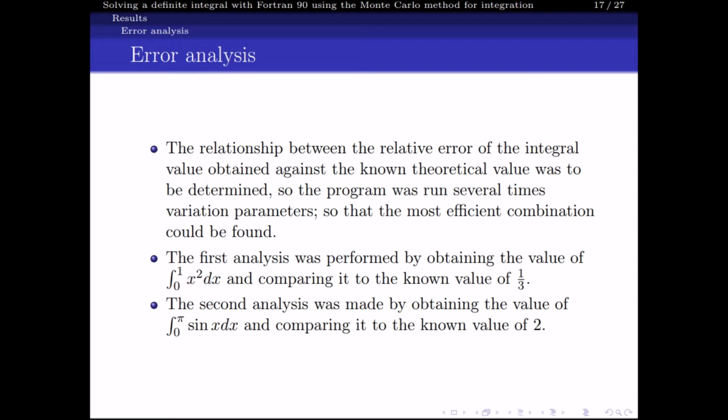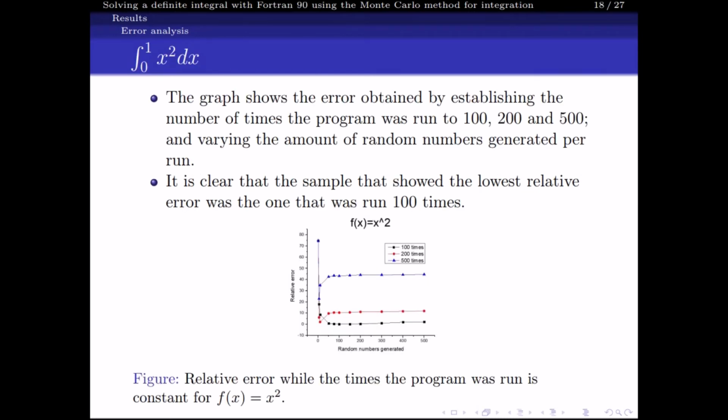The first analysis was performed by obtaining the value of the integral of x squared in the interval 0 to 1, and the second analysis was made by obtaining the value of the integral of sin of x in the interval 0 to pi. The known values are 1/3 and 2 respectively. The first analysis for x squared